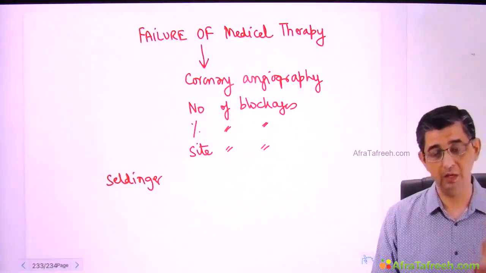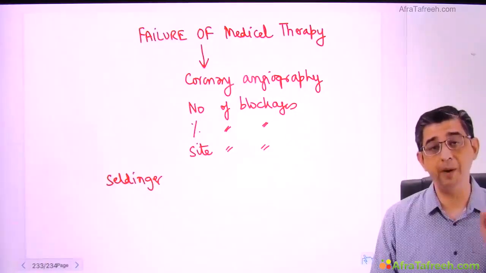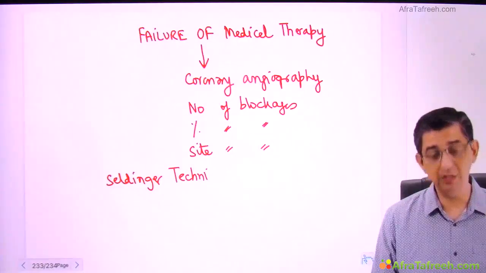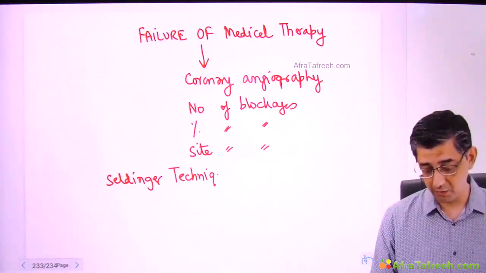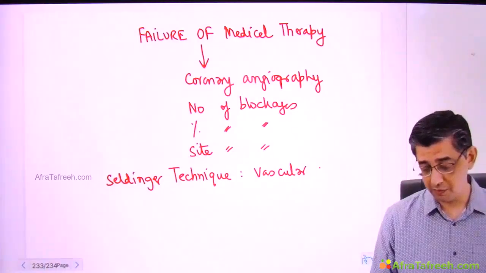Now mark my words there. One, I said was the approach. Second, what they asked in the exam was the technique of puncture of the artery is called as. So do remember this name, though this is taught even in surgery as well. I just want you to remember that Seldinger technique is used to take the vascular access. It could be either of the two arteries, and which one should we prefer?